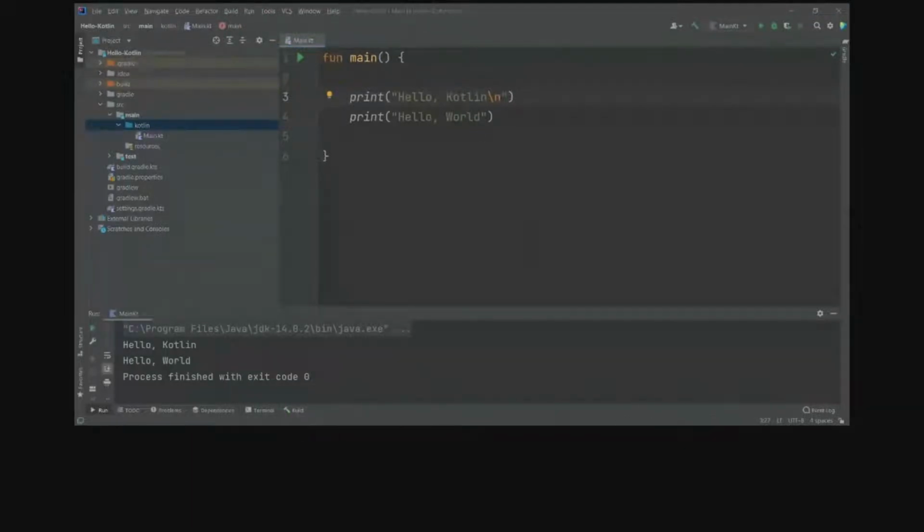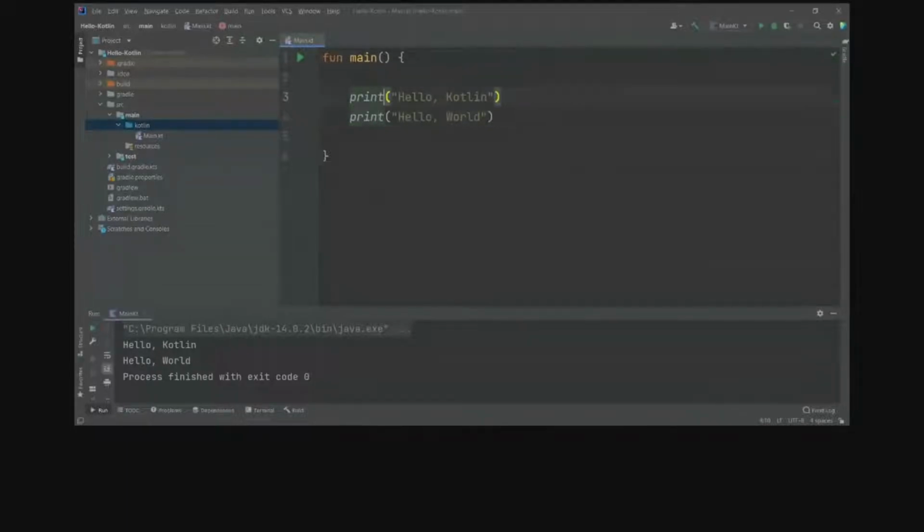But what if I don't want to use escape sequence everywhere? For that, we have another method called println. What println does is it leaves a new line so that every print statement that you write after that statement is going to be on a new line.